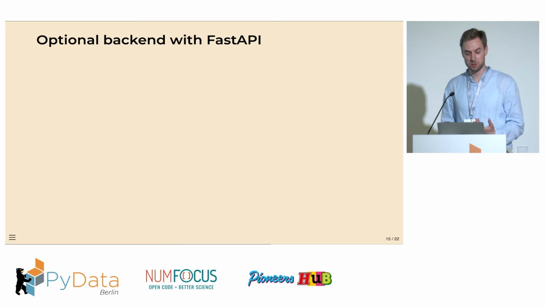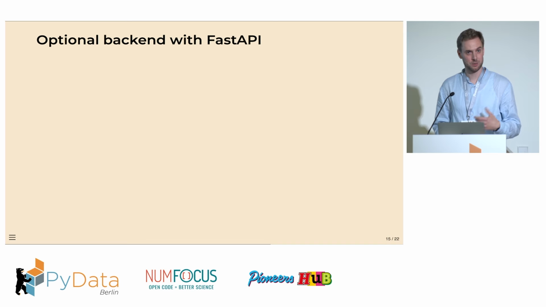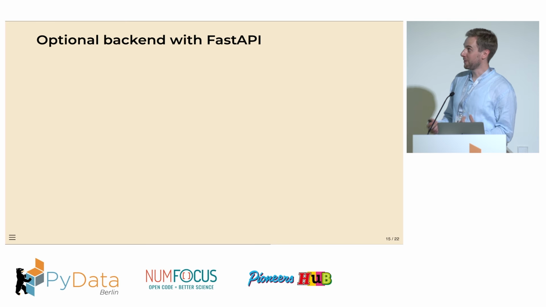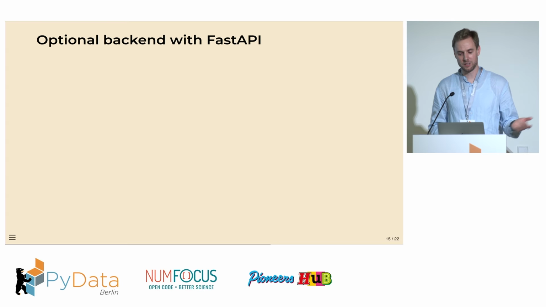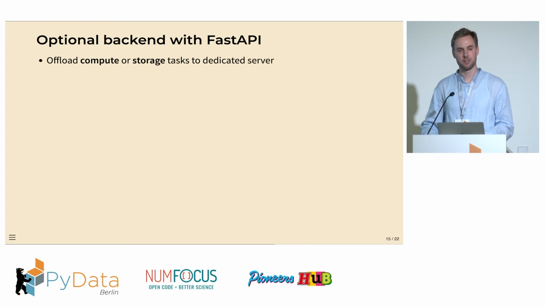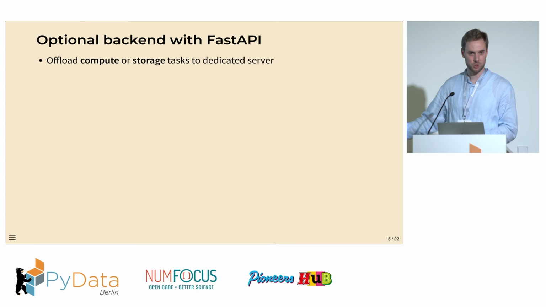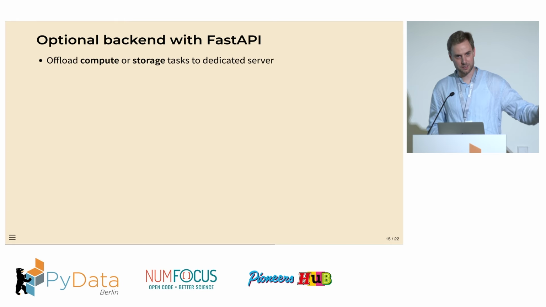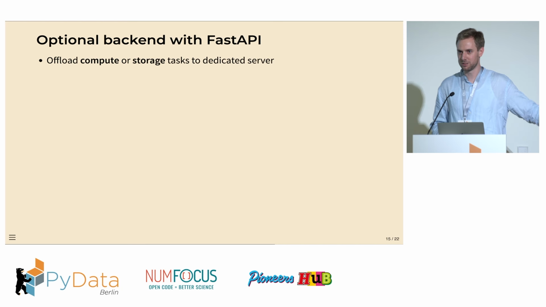But for many use cases, in particular business use cases, you need other authentication, you need backends and stuff like that. So one thing I have played around with, of course, is using a FastAPI backend, so you can offload some compute or storage tasks to a dedicated server. So I use a FastAPI container that takes care of some aggregations and then just passes the data that the Shinylive app needs